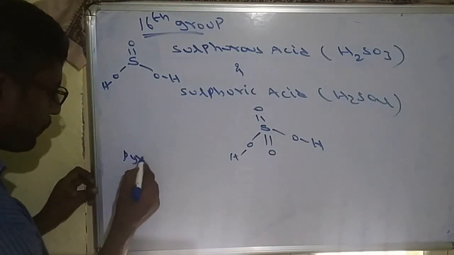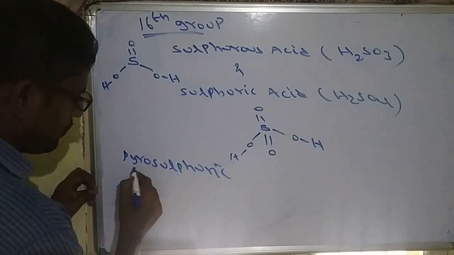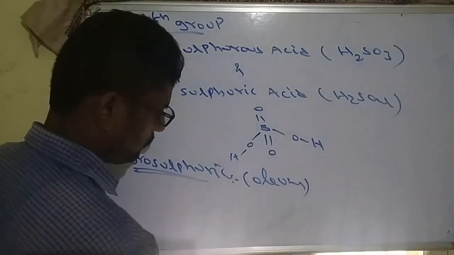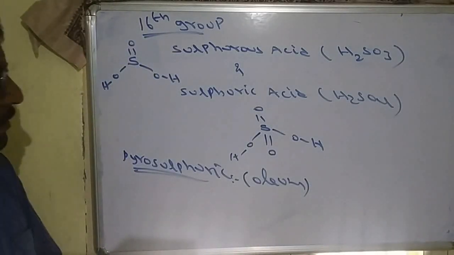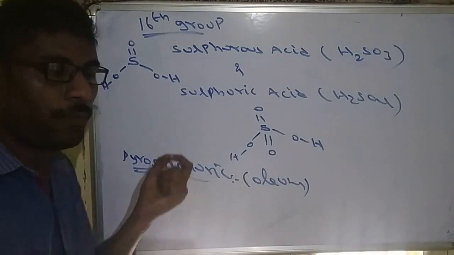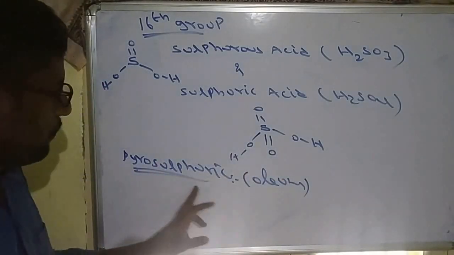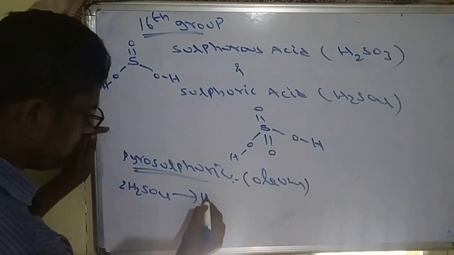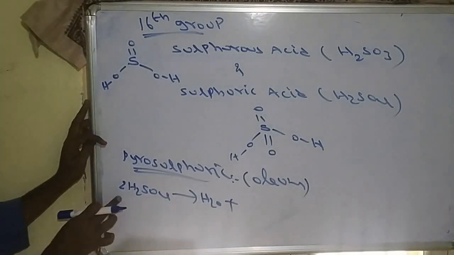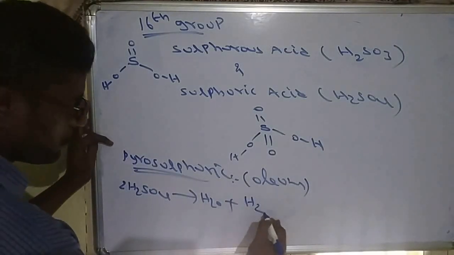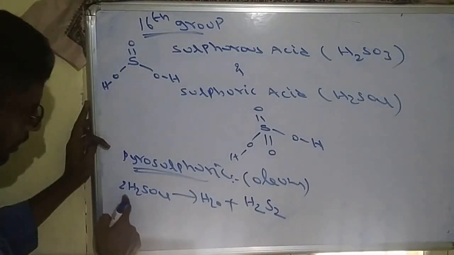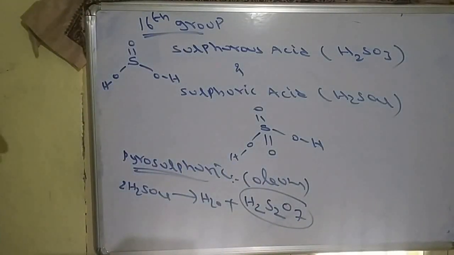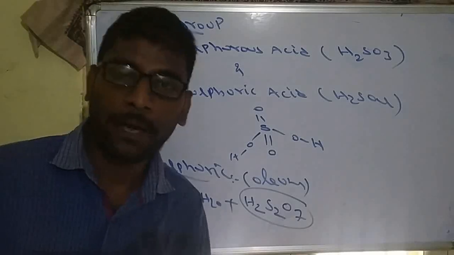So what is the formula of pyrosulfuric acid, which is also called oleum? Pyro means, as I already told, removal of water from two molecules. Sulfuric acid is H2SO4. From two H2SO4 molecules, if we remove water, what is remaining? Of 4 hydrogens, 2 are lost, remaining is 2. 2 sulfur atoms are there. Among 8 oxygens, 1 is lost, so O7. So this is H2S2O7. It's called oleum, also called pyrosulfuric acid.